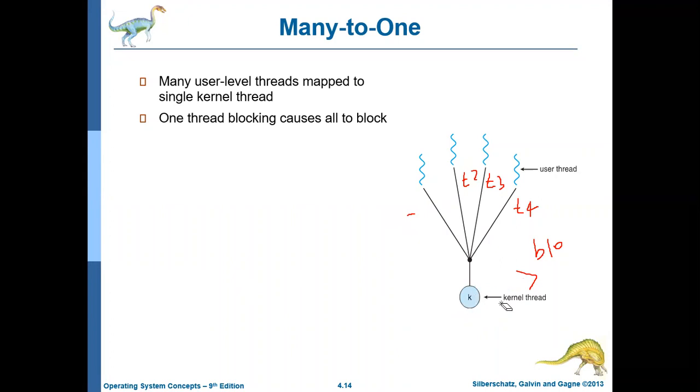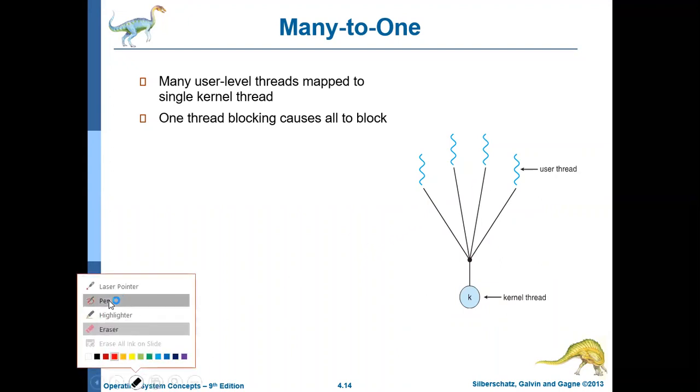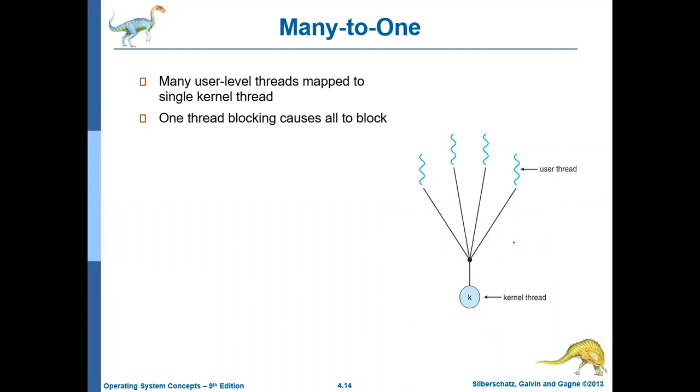So it also has another disadvantage. Assume that your system is a multi-core system or a multi-processor system in which you have more than one processor or more cores. Okay. So let us assume the system has three cores. So it means that you can perform three operations parallelly. Three operations truly parallelly. So there are three cores or three processors available, core 1, core 2 and core 3. Now three actions you can perform parallelly, but this model restricts you to use only one kernel thread. So multiple user threads will be mapped to only one kernel thread.